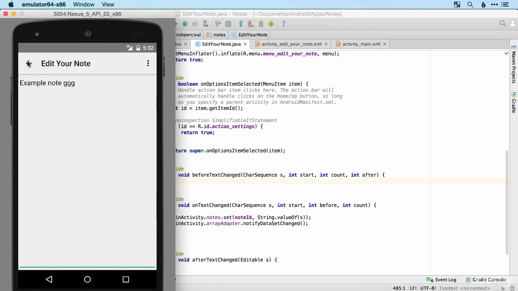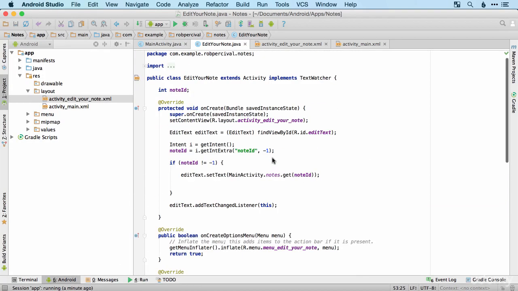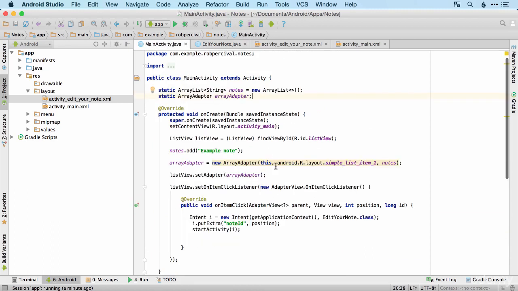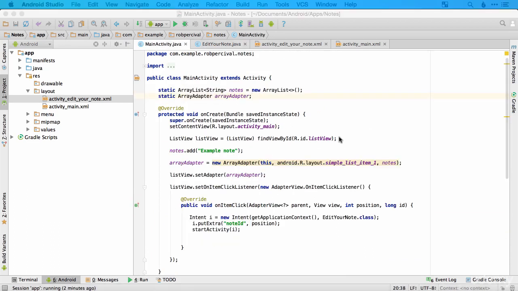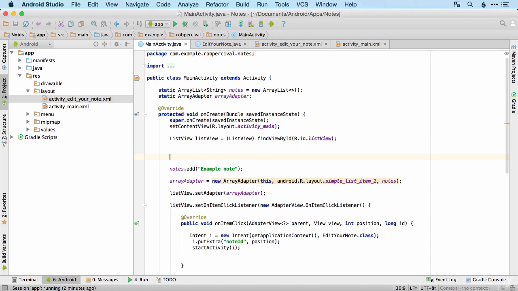Fantastic. So we've got our note saving system all in place. The main issue is that these notes, of course, will not be saved permanently. So let's fix that and also fix the creation of example notes every time we jump on the main activity. So let's start by creating a shared preferences variable to use. So shared preferences